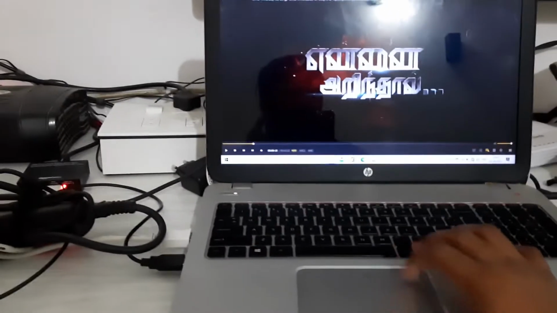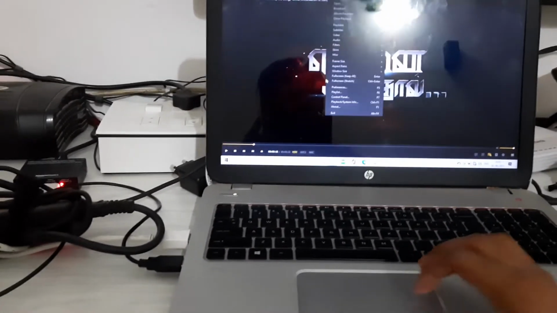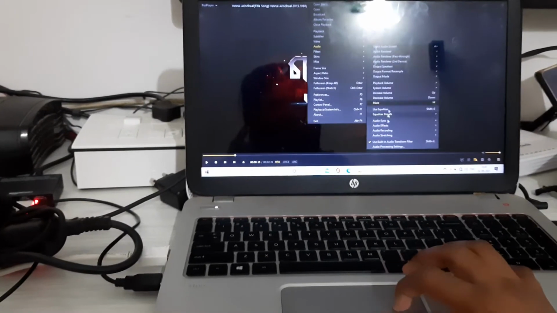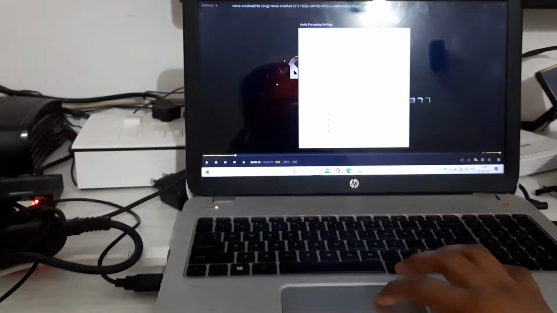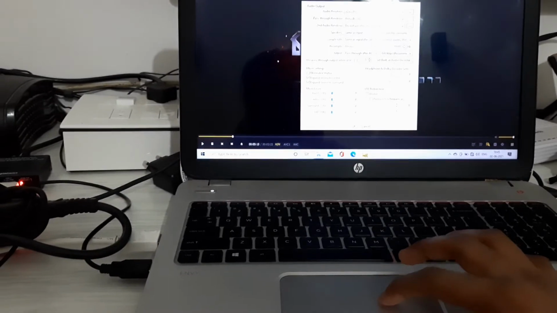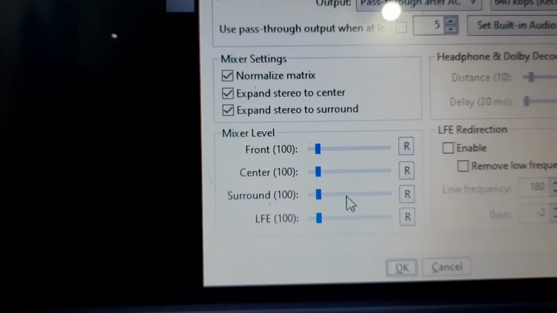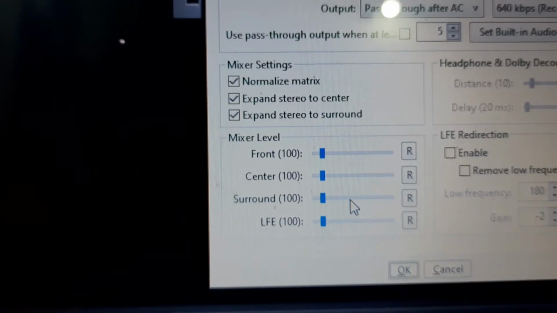If you want good surround sound volume in the back, go to audio processing settings and increase the surround a little bit here, and you will get the surround effect easily.